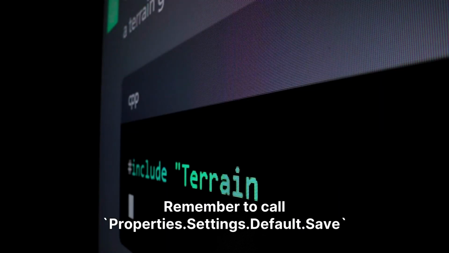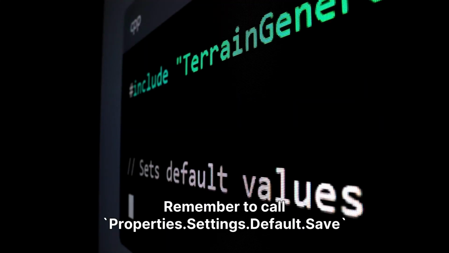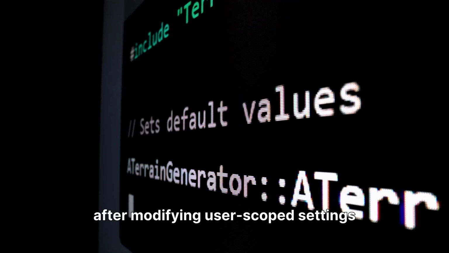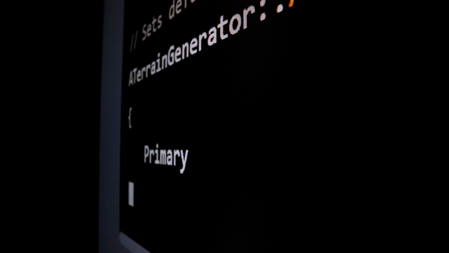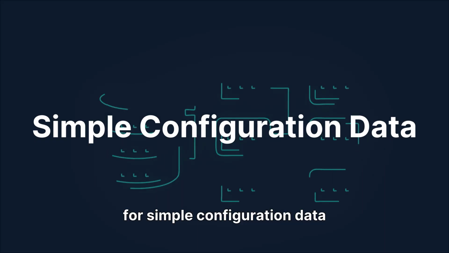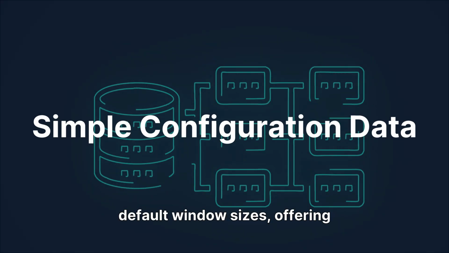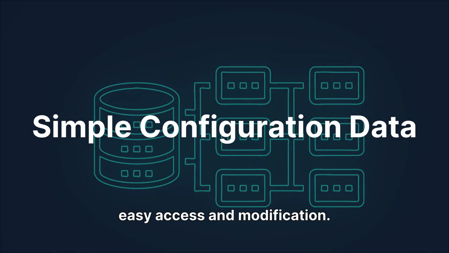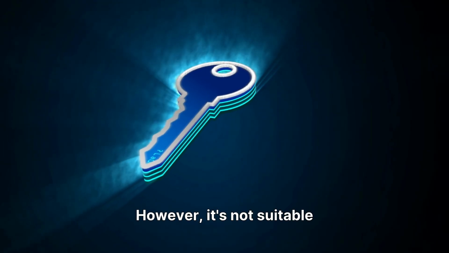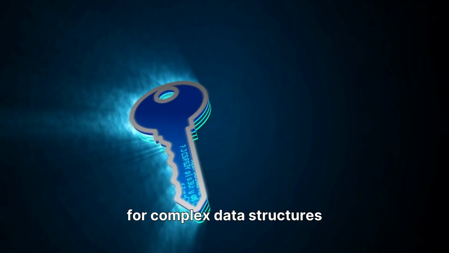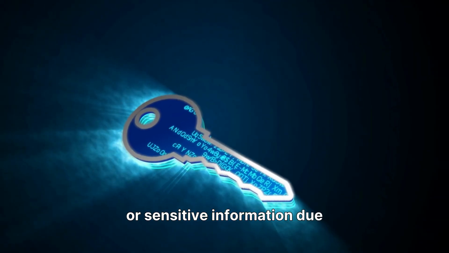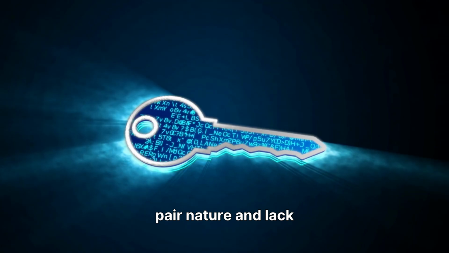Remember to call Properties, Settings, Default, Save after modifying user-scoped settings to persist your changes to disk. This method is ideal for simple configuration data like theme preferences or default window sizes, offering easy access and modification. However, it's not suitable for complex data structures or sensitive information due to its basic key-value pair nature and lack